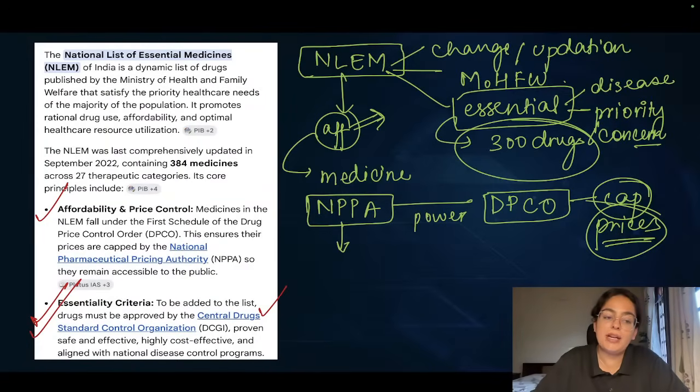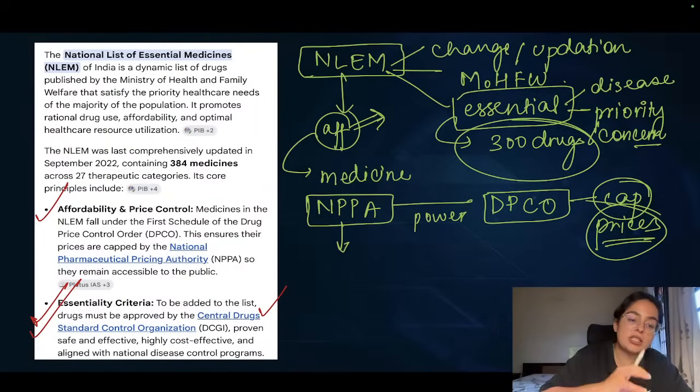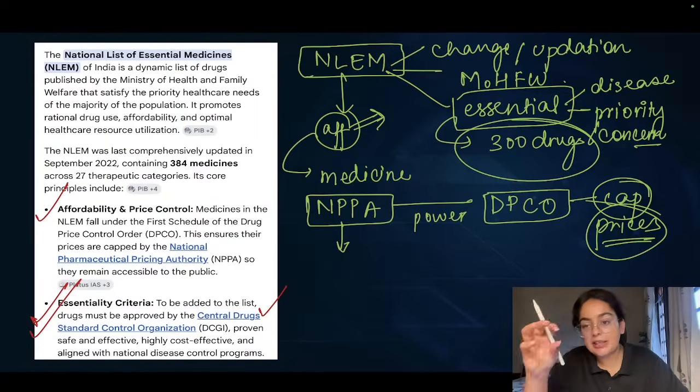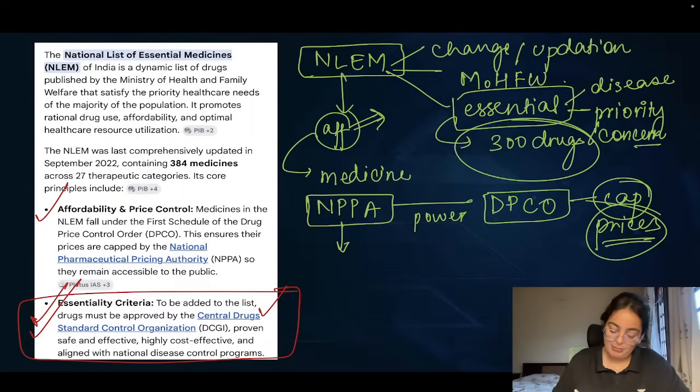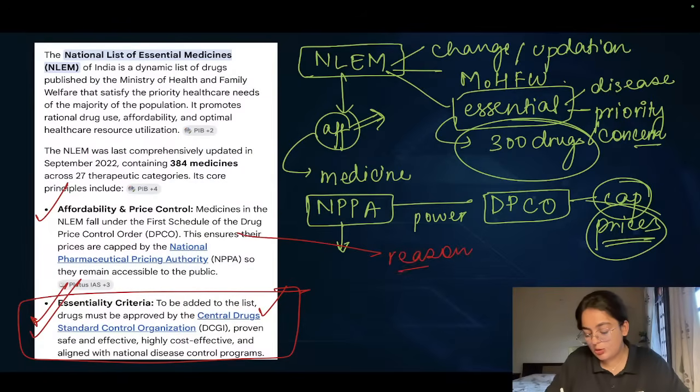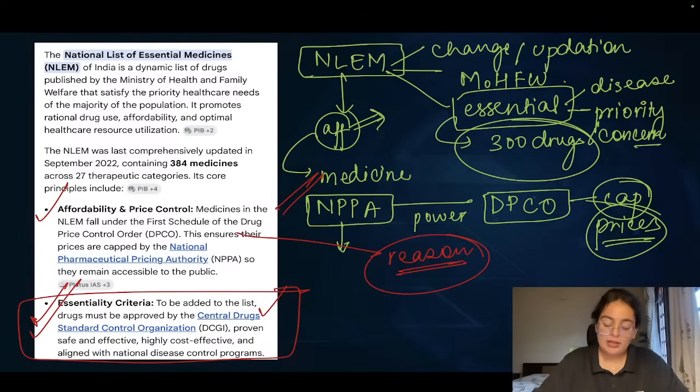It must be approved by them. They should be safe, they should be cost effective, they should be highly effective for the diseases that they are treating, etc. That is an essential criteria. But why are we doing that? The reason why we put them in the list is so that the NPPA can ensure that there is certain amount of cap on how expensive these drugs can be, so that there is availability and affordability of these drugs